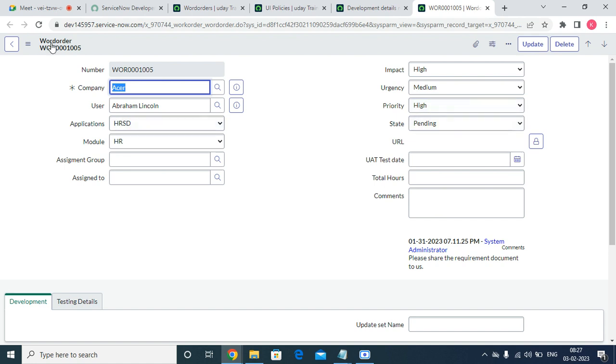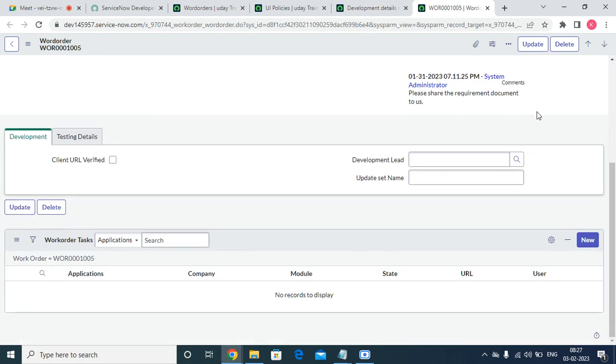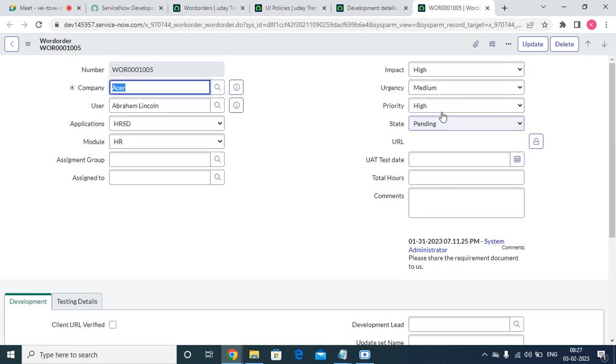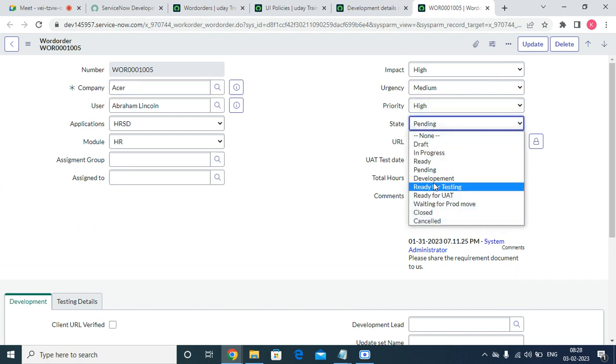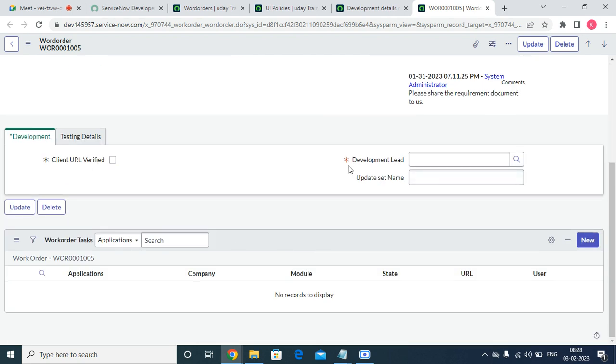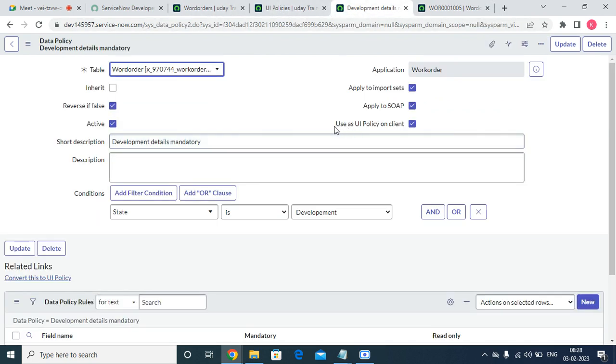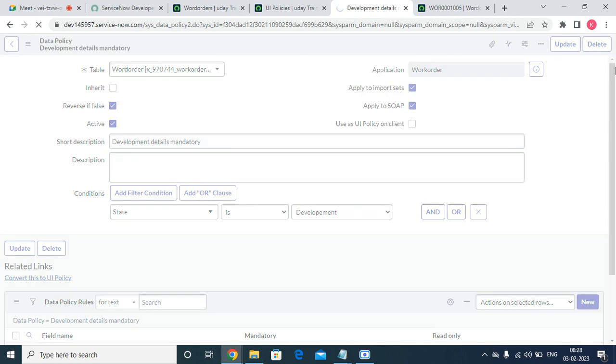Now if I open this one and reload, see, right now it was not there. If the state becomes development, it becomes mandatory and false. Why? Because in the development we are using the UI policy on the client. Or else, if you mark this one as false and save this record,